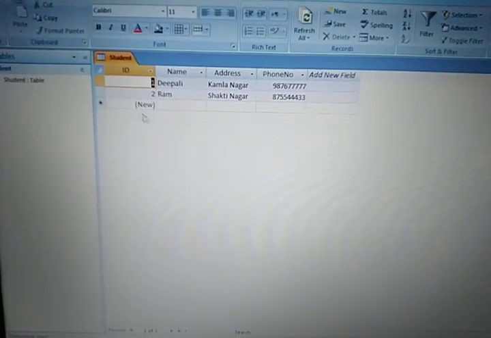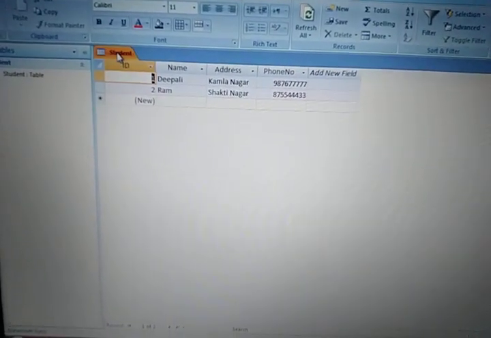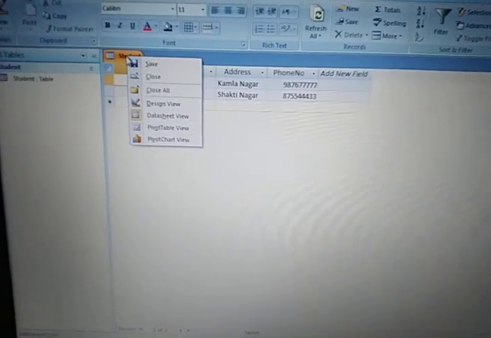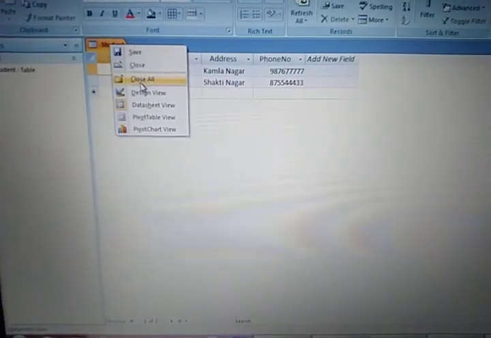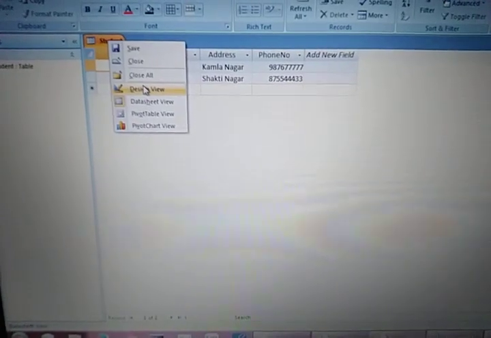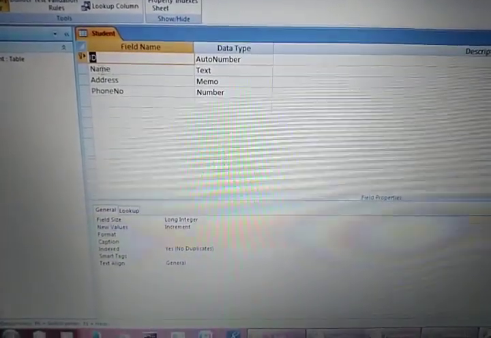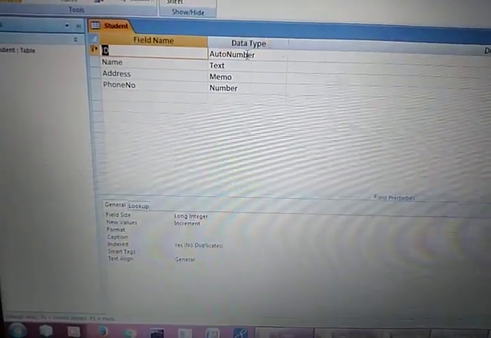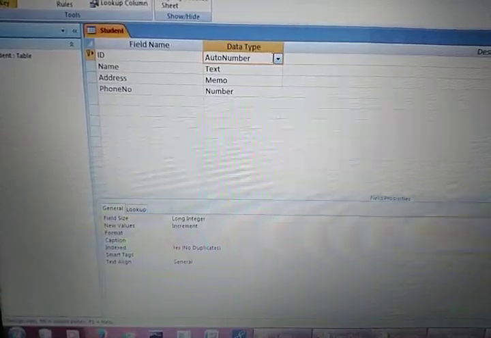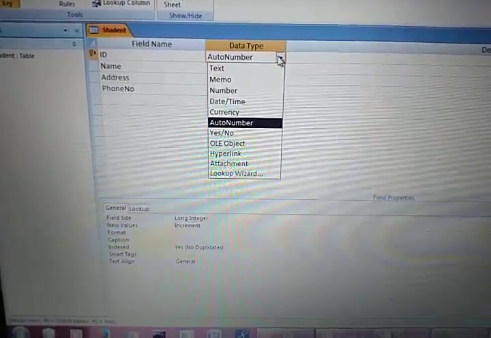See students, for that what you have to do, here your table name is written, na? Just right click on your table name, then choose design view from here. Fine, choose design view, and you will find here that it is written auto number, because your ID is auto number, that means automatically it will increase.